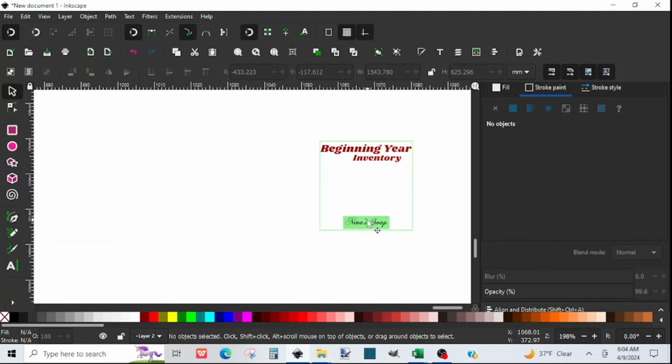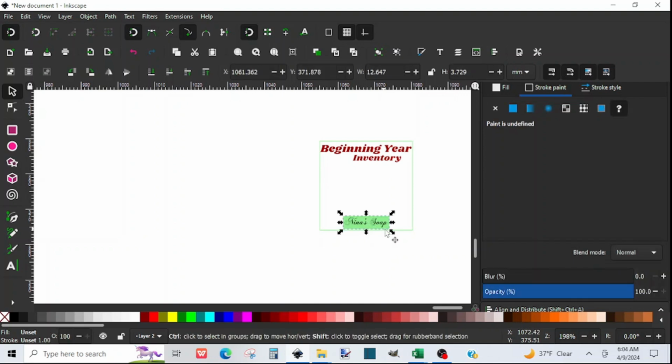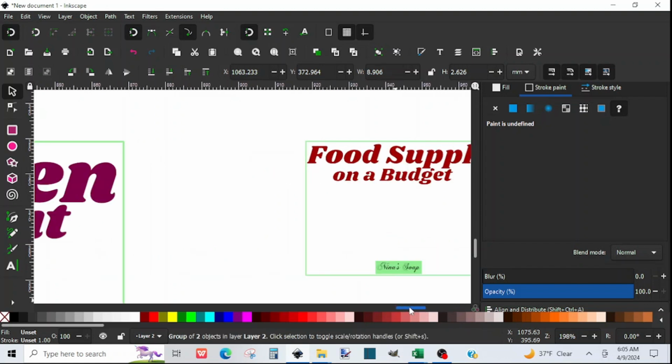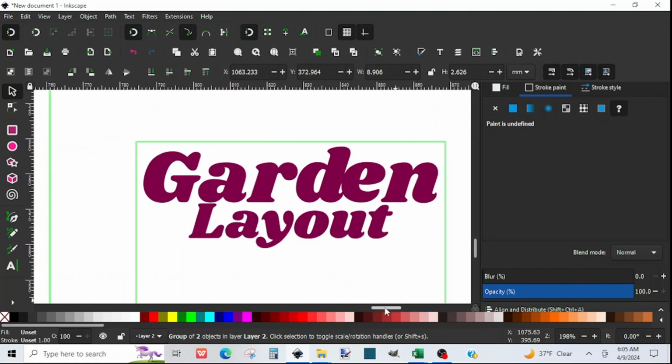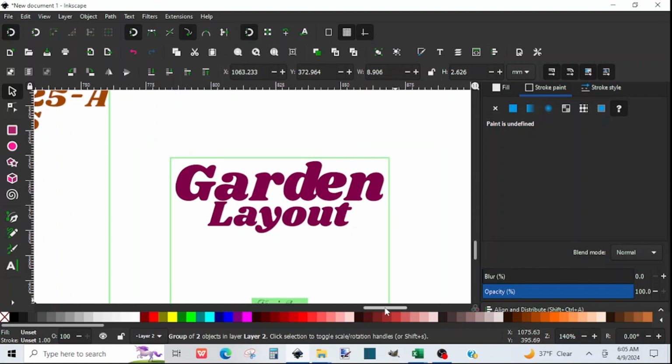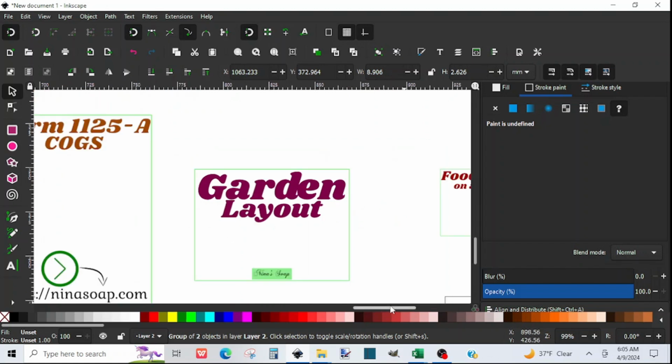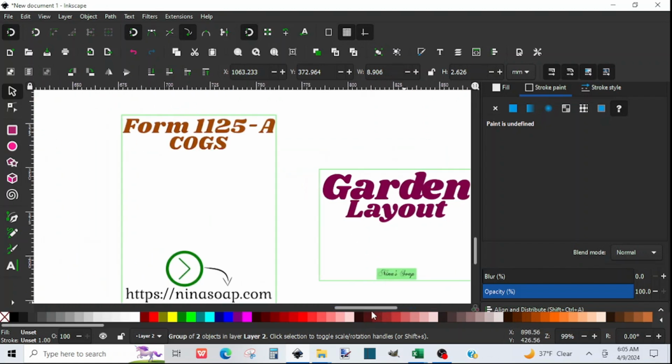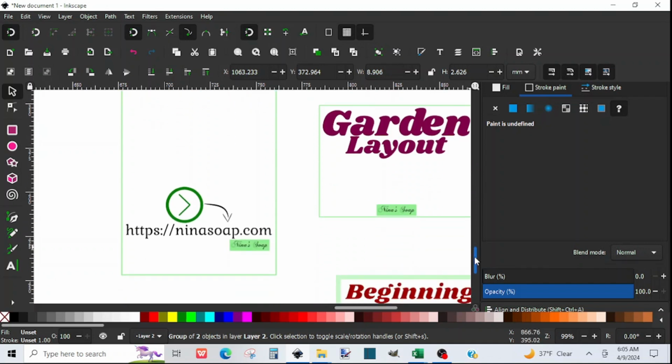So I will need to ungroup more to detach pieces from each other. And Control Shift and drag it in to decrease the size. And when I click minus on my keyboard,